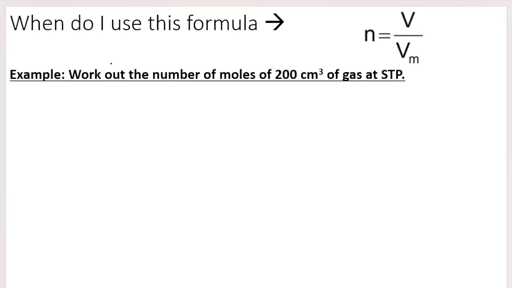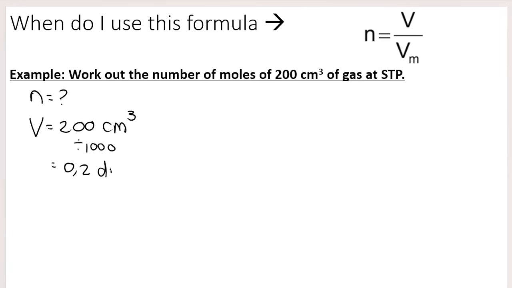In my example, I ask you to work out the number of moles of a 200 cubic centimeter gas at STP. So we know we are looking for number of moles, that's n, question mark. The volume that they give me is 200 cubic centimeters. So like I said, that 200 cubic centimeters, we need to convert that to cubic decimeters. We need to divide it by 1,000. So that is 0,2 cubic decimeters. And because they say at STP, we know that the molar volume is 22,4. We take our formula, write the formula first, substitute in, and get an answer. So we get